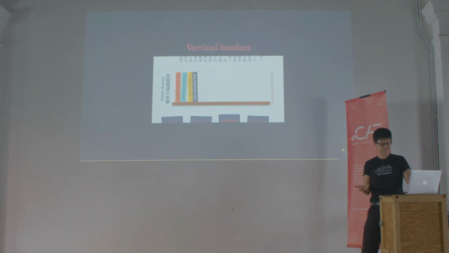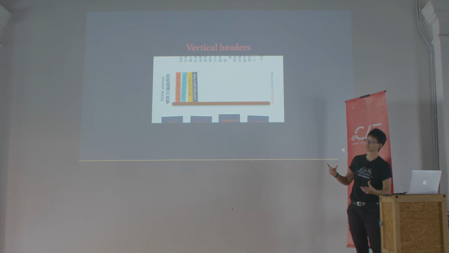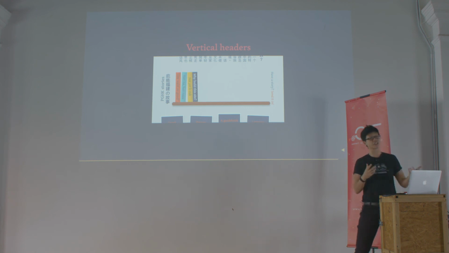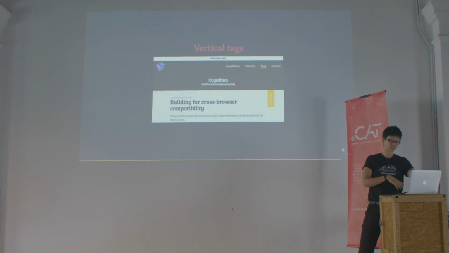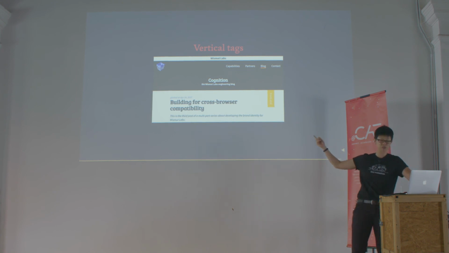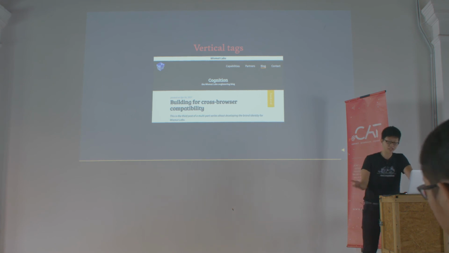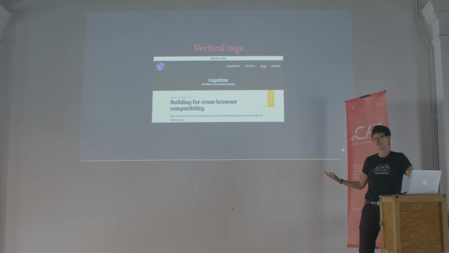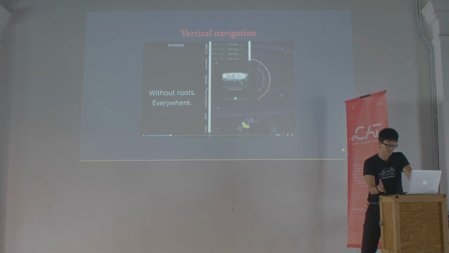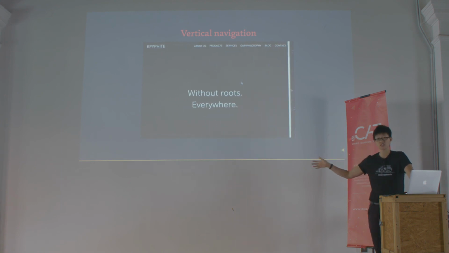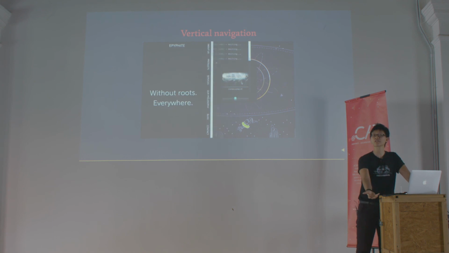One idea is for headers. It might not be the best idea to lay out long chunks of text vertically, because that just makes it hard to read. But for short titles or headers, it might be a good idea to use vertical writing to break up the monotony of a really long page. Another subtle use could be for tags for blog posts, because tags aren't exactly critical to the understanding of the main content, so laying it out vertically doesn't really adversely affect the reading experience. And also, depending on the number of navigation links that you have, perhaps a vertical layout on a narrow screen could be a design option worth considering.